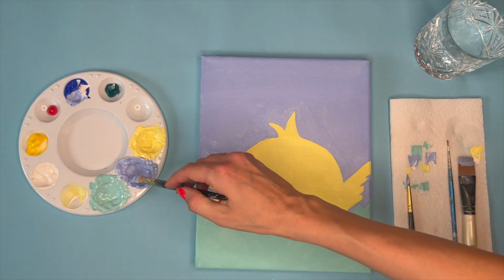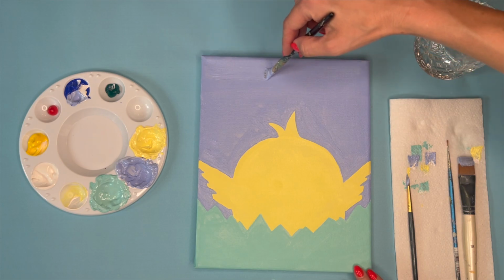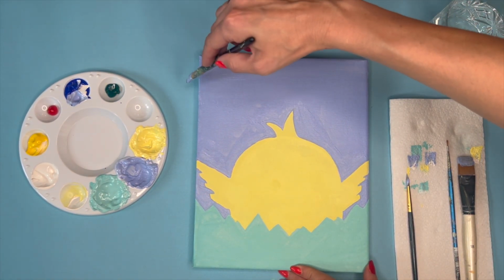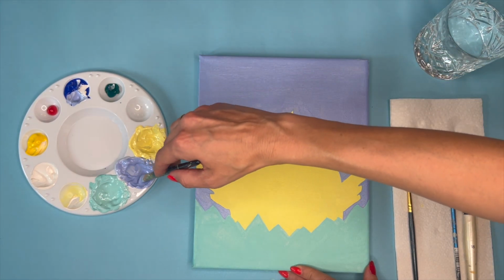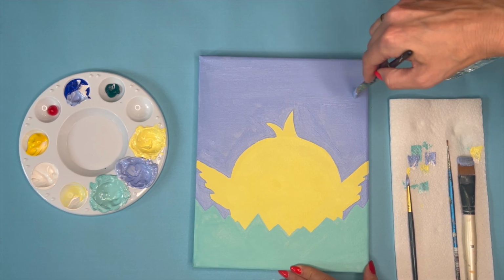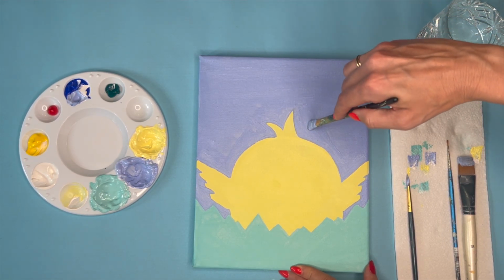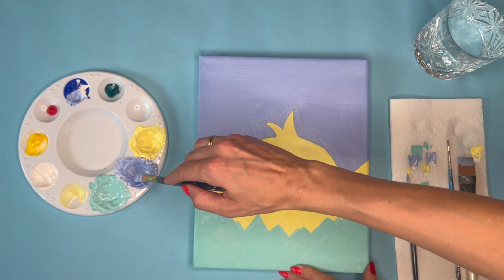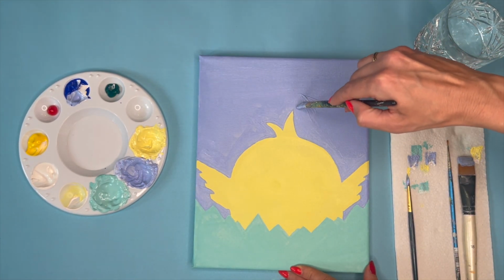Once the rest of your background starts to dry, if you want to do another coat of this paint, you can always start to do that now. And if your paint is still wet, I'd recommend just leaving it another 5 minutes, or if you have got a hairdryer handy, you can always use a hairdryer just on a light setting, so not too hot, maybe like a medium setting. And you can just give it a gentle dry,